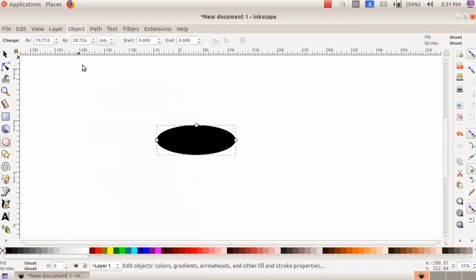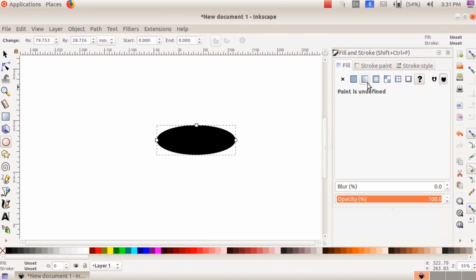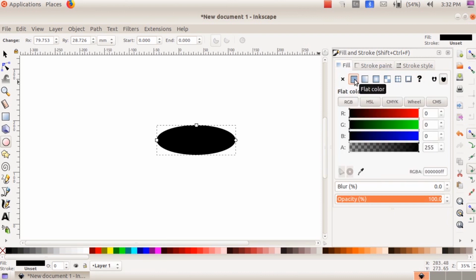Just click on Fill and Stroke. This menu is very important in Inkscape software. If you want to remove the fill color, just click the no paint option. If you want to change the color, just click on flat color, then change the color.